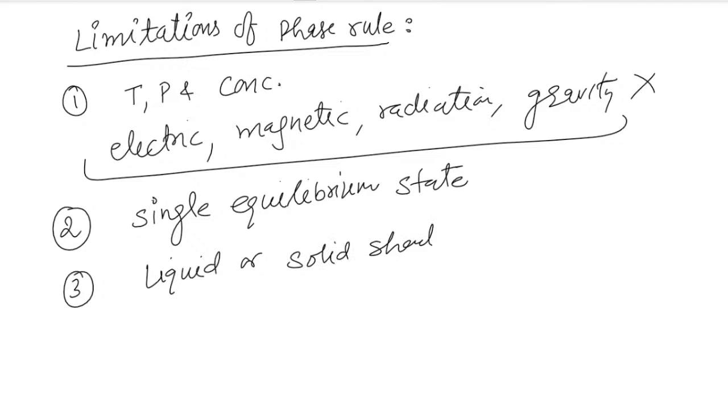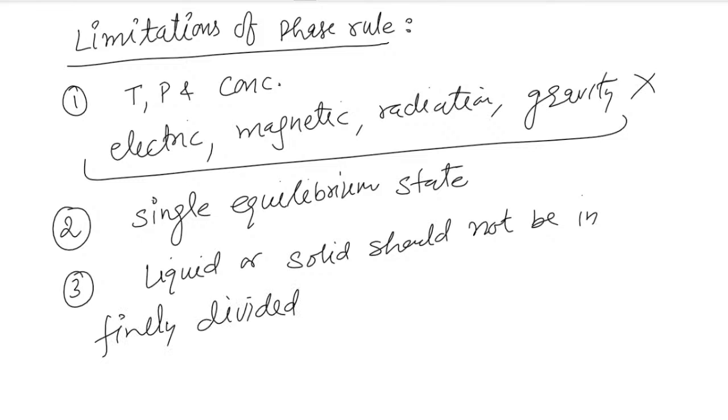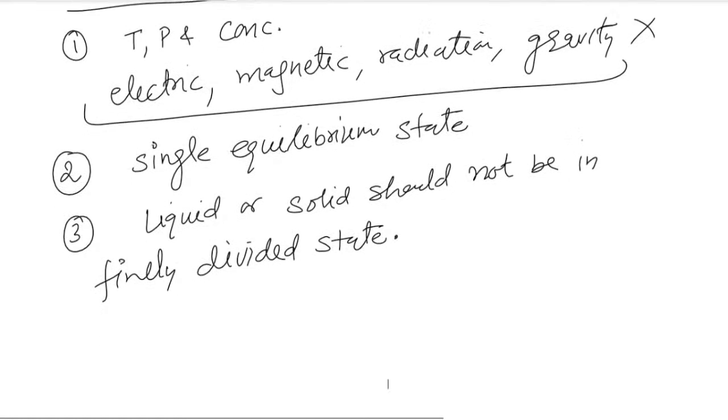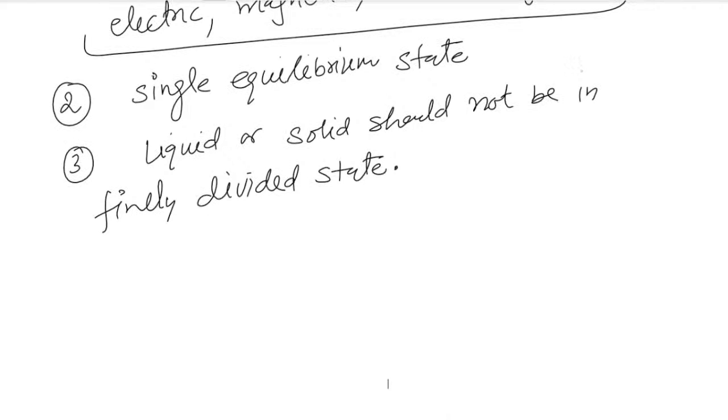और ये बहुत इंपॉर्टेंट पॉइंट है कि जो इसमें लिक्विड या सॉलिड होते हैं दैट शुड नॉट बी इन फाइनली डिवाइडेड स्टेट। ये बहुत इंपॉर्टेंट पॉइंट है कि वो फाइनली डिवाइडेड एज फाइन पार्टिकल्स की फॉर्म में नहीं होनी चाहिए, क्योंकि उससे डेविएशन आएगी, वेपर प्रेशर चेंज हो जाएगा, सरफेस टेंशन चेंज हो जाएगी, है ना। क्लियर? नॉर्मल वैल्यूज नहीं आएंगी, है ना। तो जो लिक्विड या सॉलिड हमने लिए हैं वो फाइनली डिवाइडेड स्टेट में नहीं होना चाहिए, ठीक है।